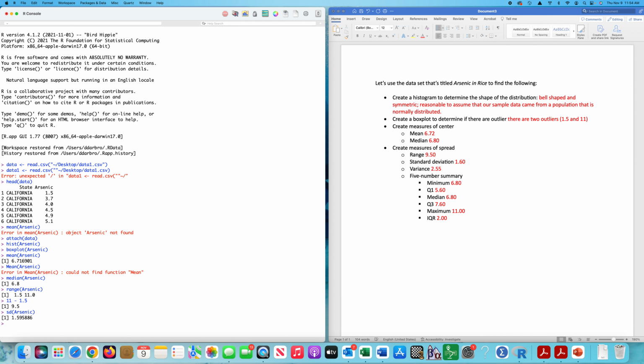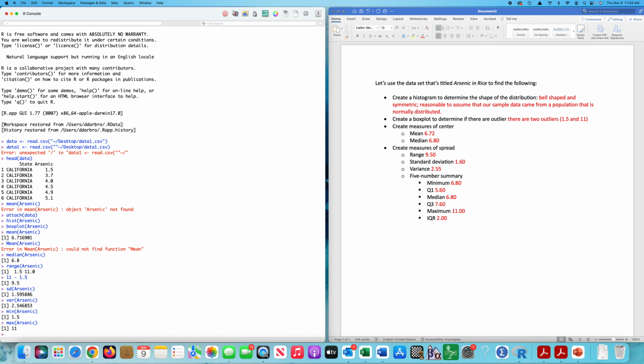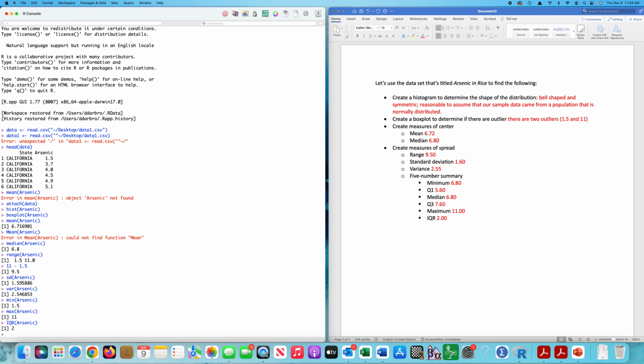Standard deviation, 1.60 as we found before. The variance, 2.54 as we found before. The minimum value, 1.5. The max value, 11 as we found before. The IQR is 2 as we found before. And the quartiles,